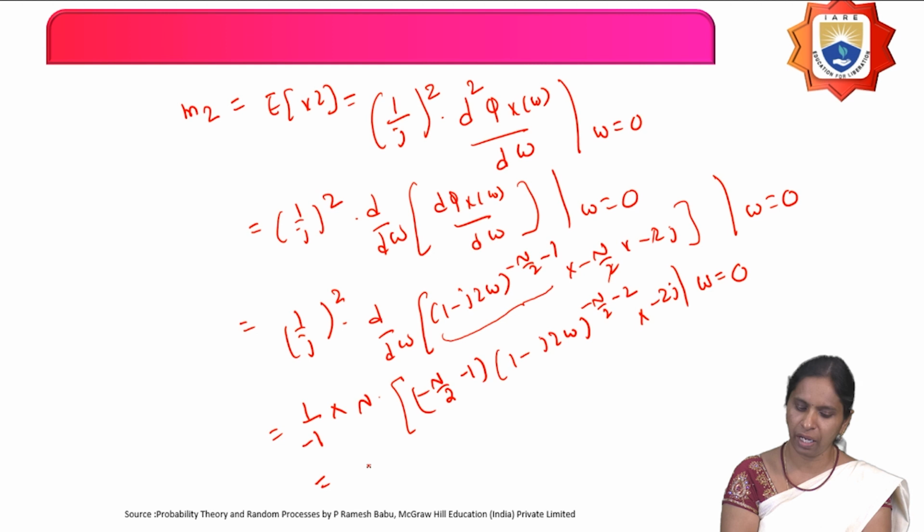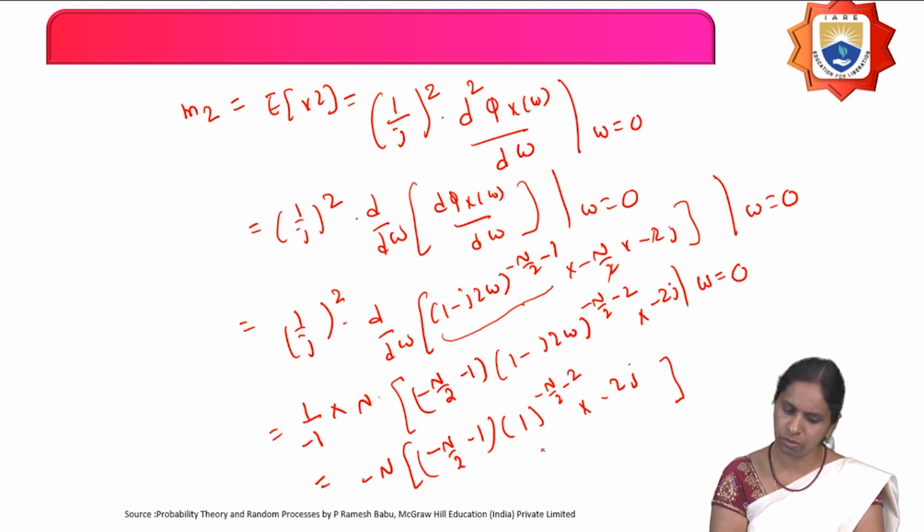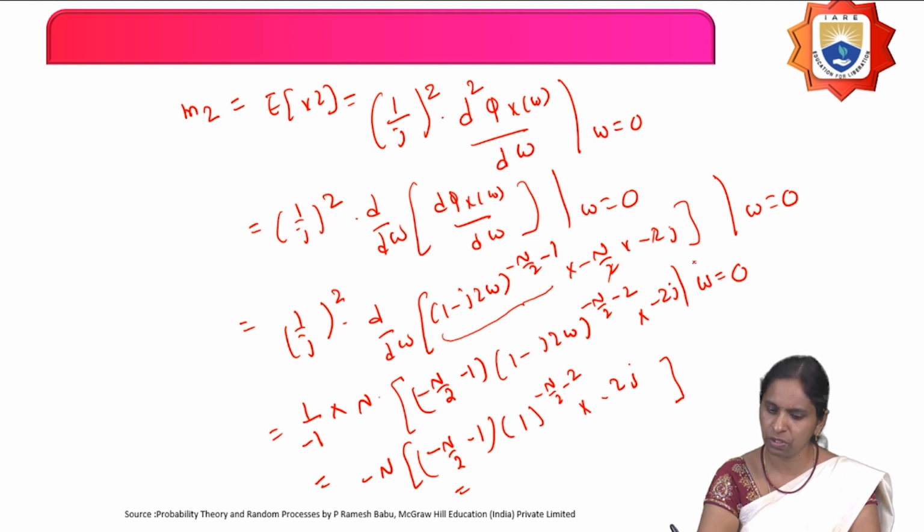Then you can obtain as minus n into, now substitute omega equals to 0. So if you substitute omega equals 0, then what can you obtain? So minus n by 2 minus 1 into, so substitute omega equals 0. So this part becomes what? 1. So 1 power minus n by 2 minus 2 into minus 2j. So that equals to, and you have to differentiate for one more time. So minus 2j into minus 2j. So you are getting